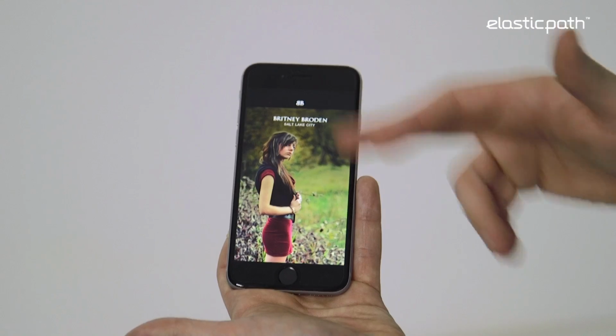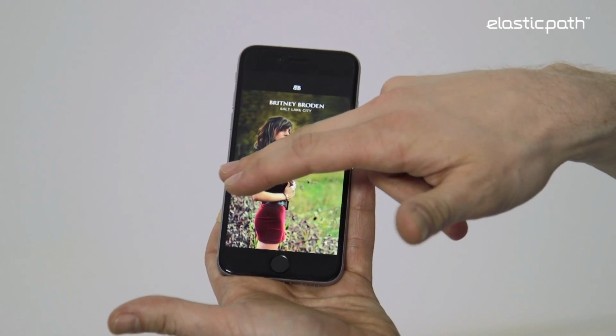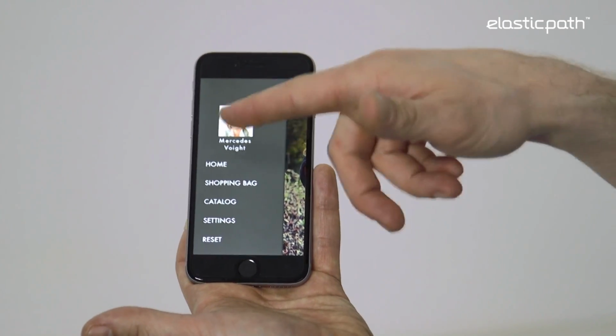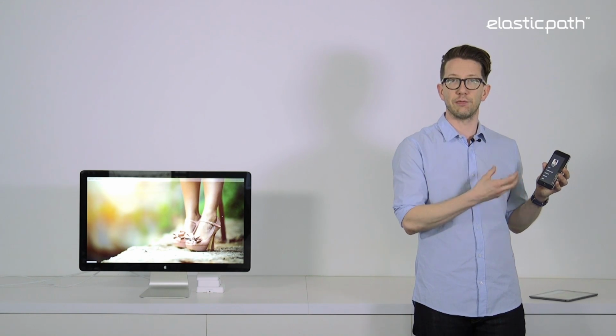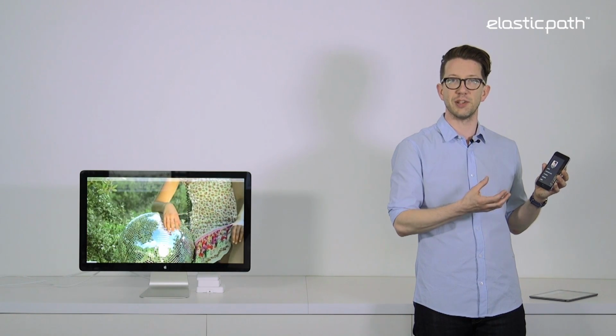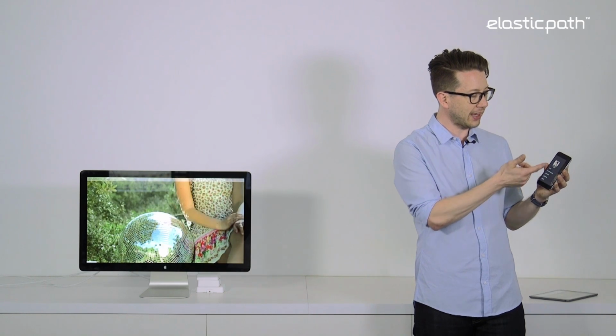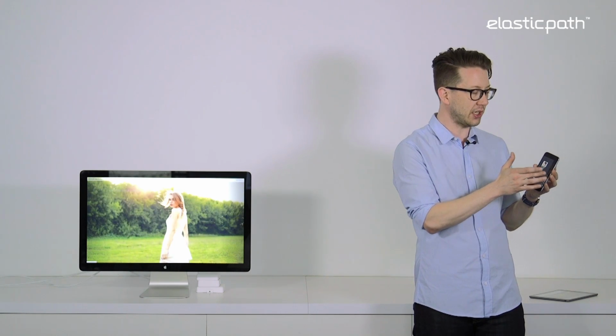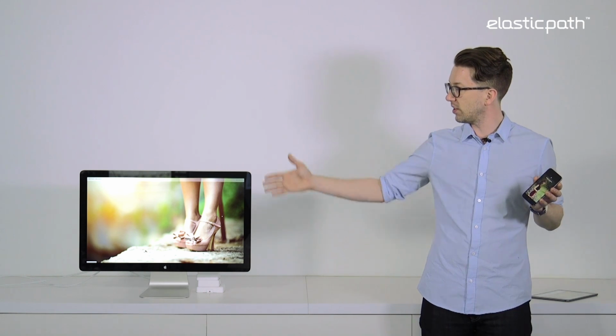I'm in it now, and when I swipe over from the side here, we can see it shows Mercedes' profile information. So it knows who she is, she's logged in, and the application's aware of who she is and also potentially where she is. I could access the shopping bag and other information here, but what's going to happen is that Mercedes is going to be drawn over to the store, and when she sees the store, she'll notice this display looping through all of these media elements featuring some of the products, and she's going to be drawn to